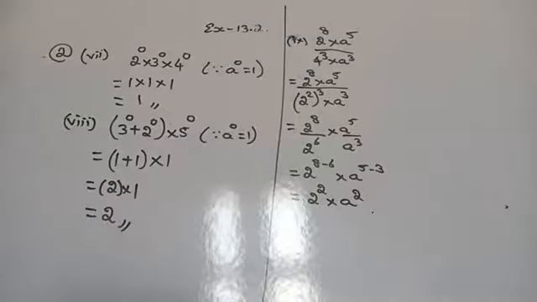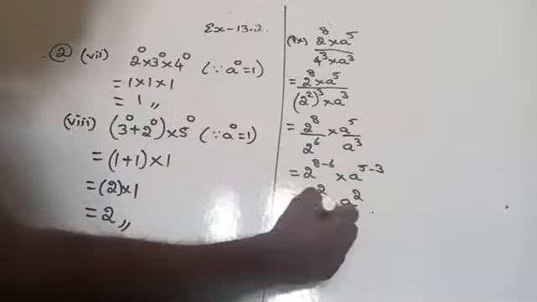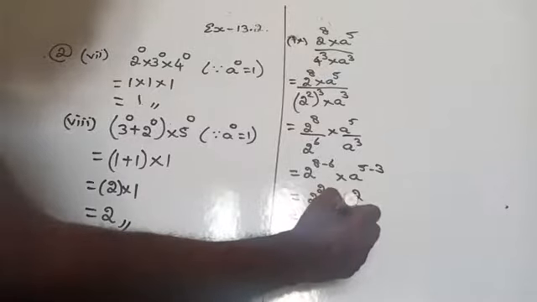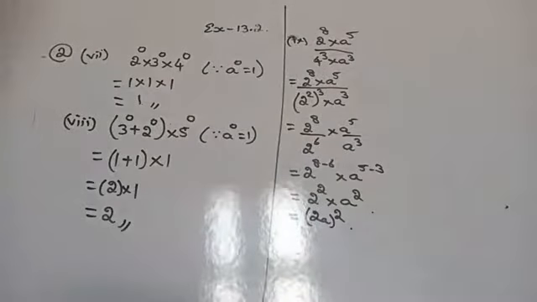So we expressed it in the exponential form. That is 2 power 2 into a power 2. Otherwise you can write a power m into b power m as ab the whole power m. That is 2a the whole square, you can write if you want. Am I right here? Yes. Are you getting, children? Yes.